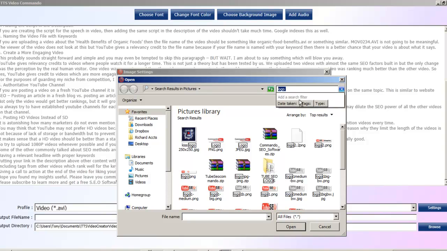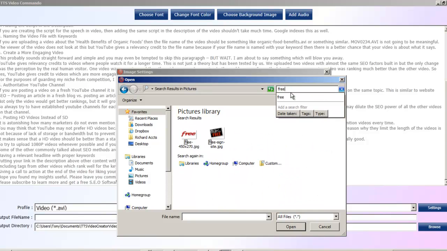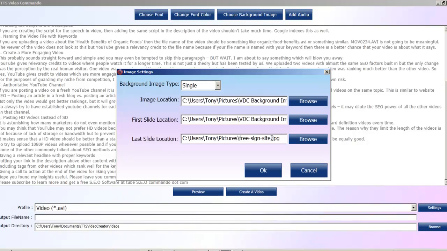I'm going to browse, type in here free. Choose this one, and that get it free kind of thing is going to coincide with the text down here as it's been spoken. Actually, I think that this will be spoken, and then we set it for 10 seconds at the end of the video. Okay, so I'm going to click OK,